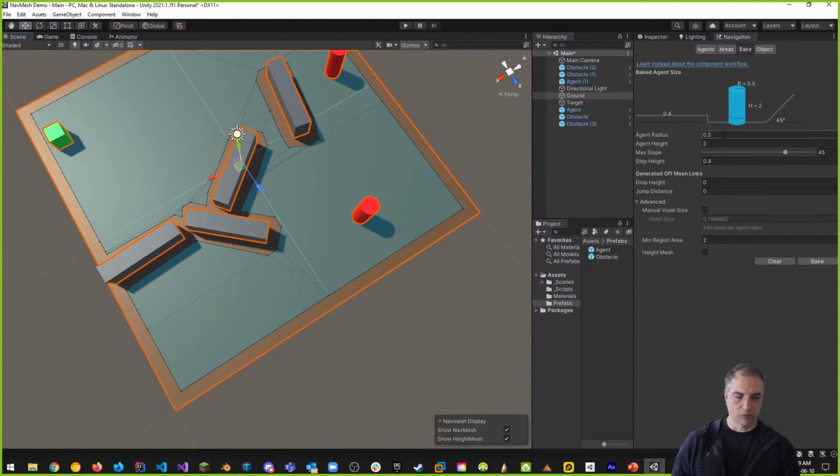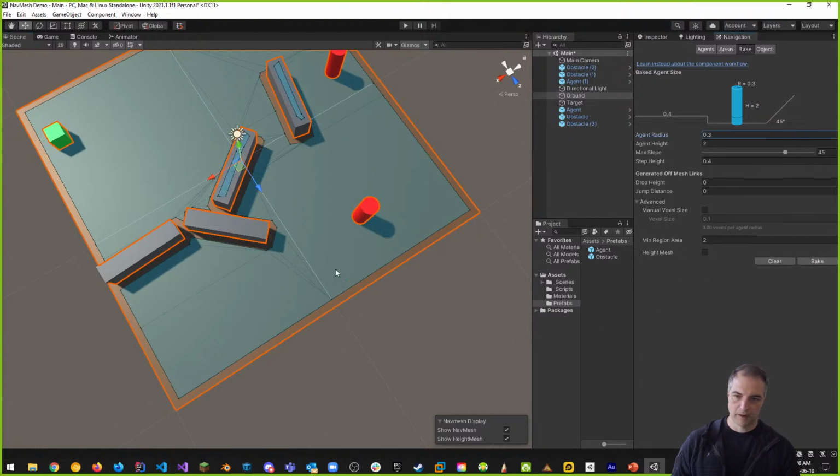agent. If I change the radius of my agent to something smaller, then it will be able to navigate into a smaller area in here. Here's an example. Let's say I move this to a radius of 0.3, right? That means my agent is actually a lot thinner. That's not really true, which means these can probably collide or go through objects now. But I have to rebake the mesh based on these new parameters. So if I click this object here and rebake it, take a look at the distances between objects now when I do that, right? It becomes tighter, which means that, hey, I can move anywhere in here now,